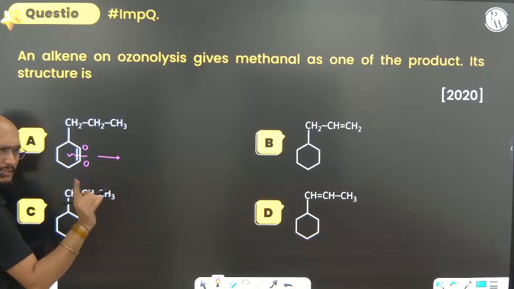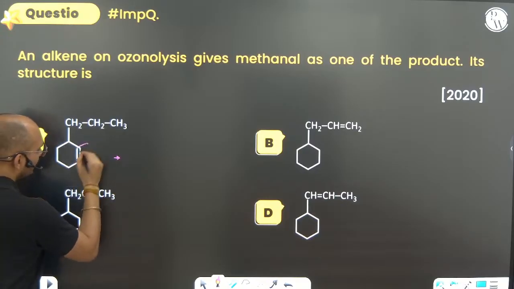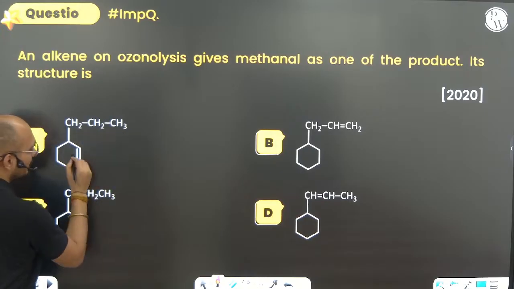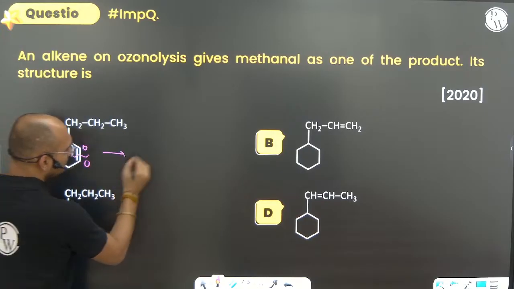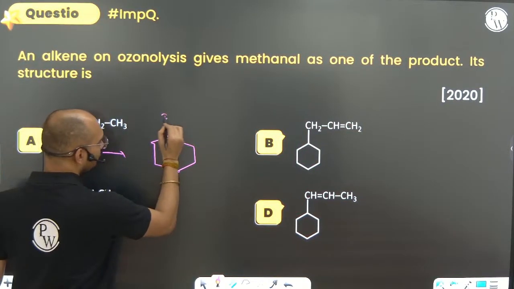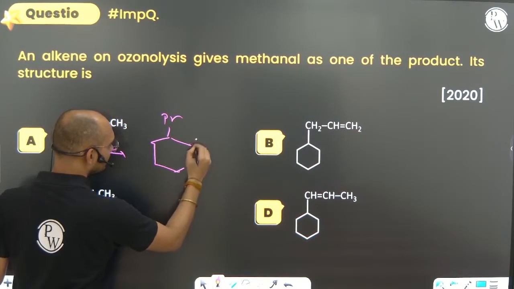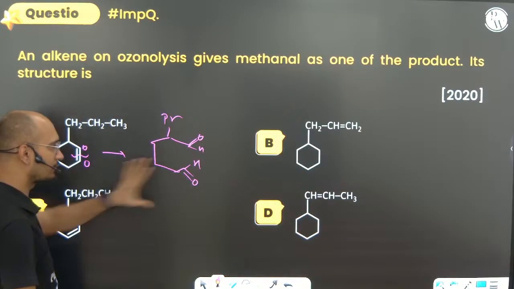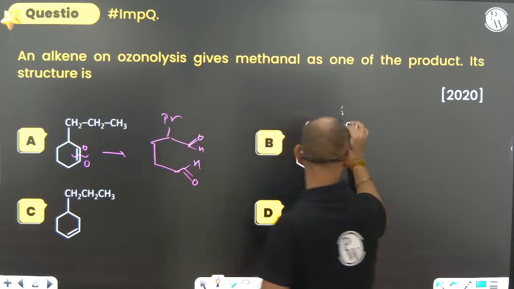Will you get any methanol here? No, you will not get any methanol here. C double bond O. No, it will not get. You will not get methanol because it will convert into something like that. Can you see how many? Propyl is there, and then it will convert into OH. OH. Is there methanol? No. Can you see? Yes. Here it is going to be.